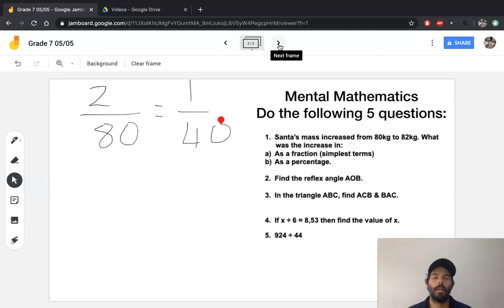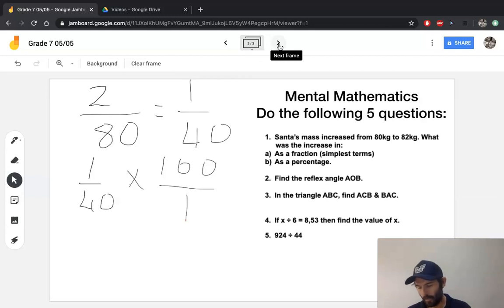Okay, and then I need to convert 1 over 40 to a percentage, and to turn something into a percentage, we multiply by 100 over 1, okay, and we can cancel that out. 20 goes into 40 twice and into 100 5 times, so we're left with 5 over 2,